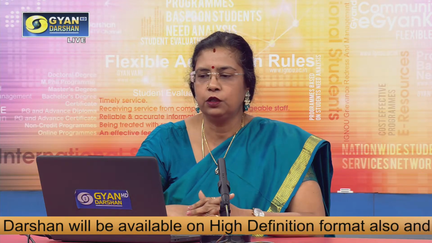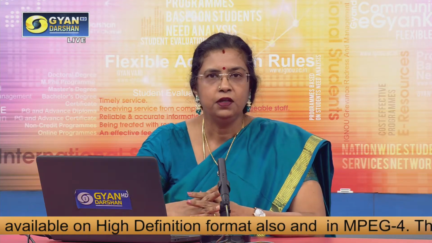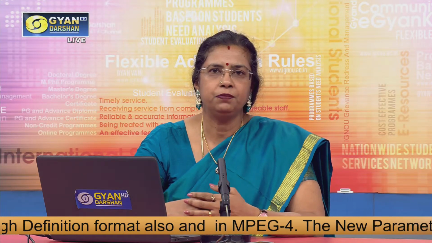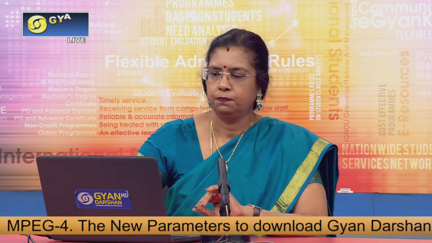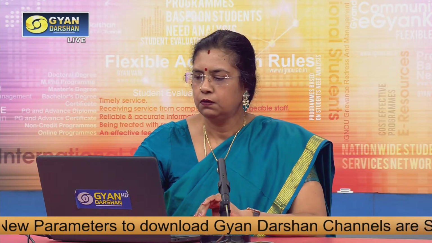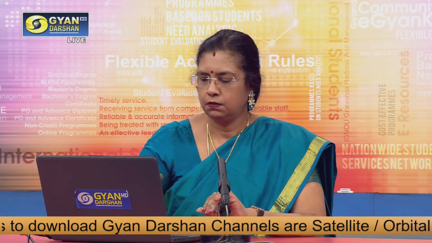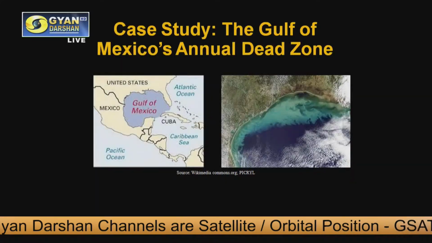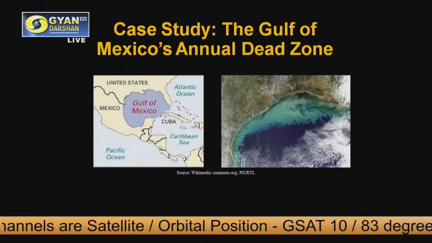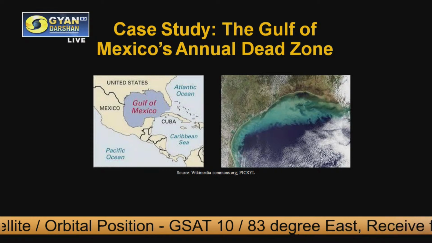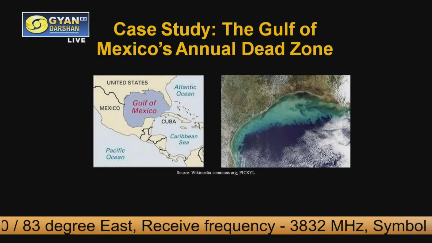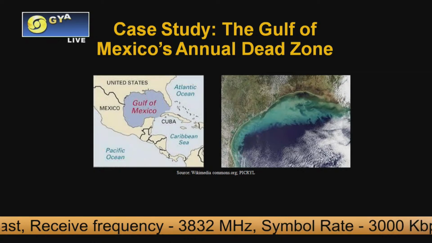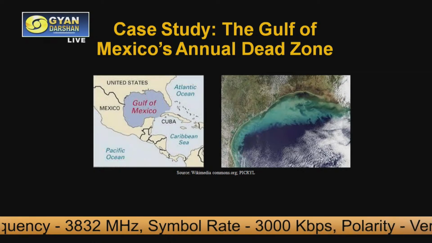So here in this picture you can see the Gulf of Mexico where this is placed and the dead zone. So why do we refer to this as the dead zone? Because there is actually no animal or marine life in this region. So there are 400 or so dead zones in the entire world, and one of them is this case study